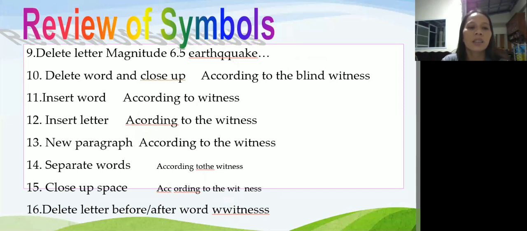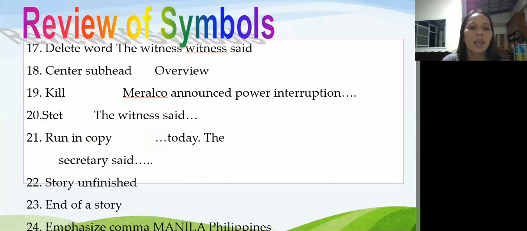Next. Delete word. So, i-delete niyo yung first word. Witness. And then, close up. Center subhead, ilalagay sa gitna. Use stapler na magkatalikuran. Then, kill. Ano ba yung ikinikill?